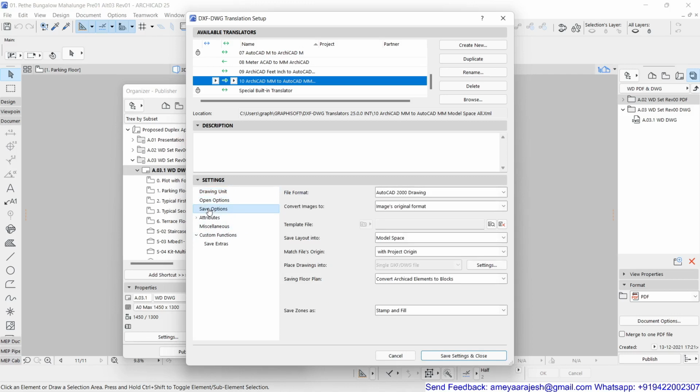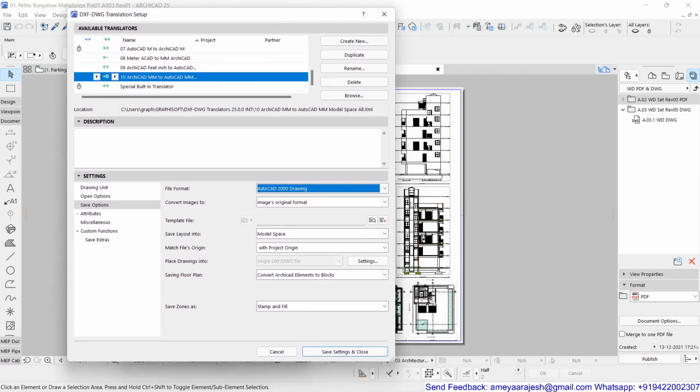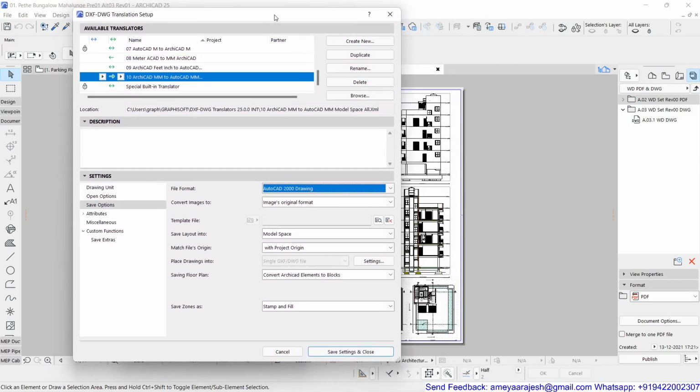Save options, of course I have to set, because this is getting exported, not imported. When it goes to the save options, the file format is as per your choice. You should choose from the available options. Then something very important is Save layout into. This is very important because it decides how the entire layout you have designed should be saved.